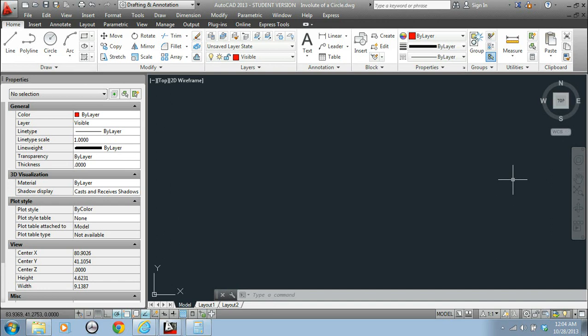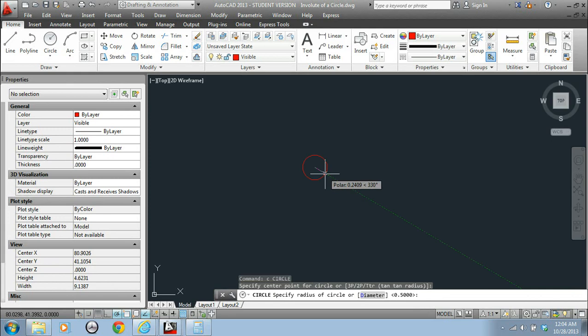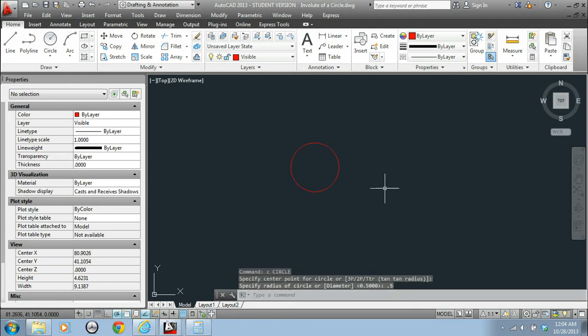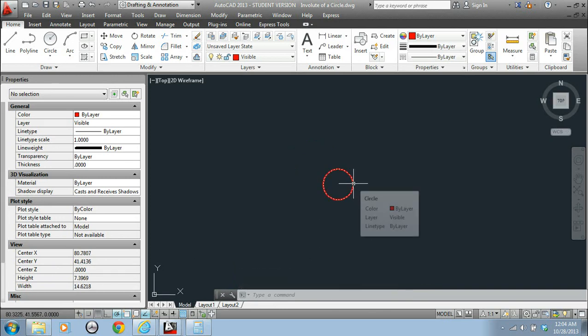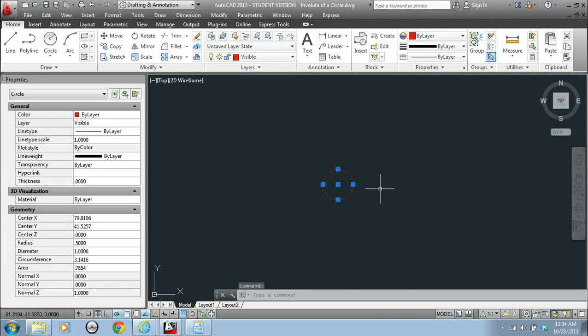What we want to do is start off and draw a circle with a radius of 0.5. Make sure it's a radius of 0.5 and not a diameter. Now let's check the circumference of the circle. The circumference of this circle is 3.1416, but before I get too carried away, let's read the definition of an involute. An involute is the path of a point on a string as the string unwinds from a line, polygon,